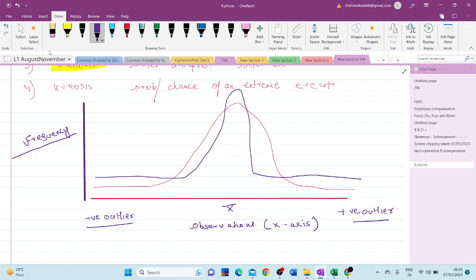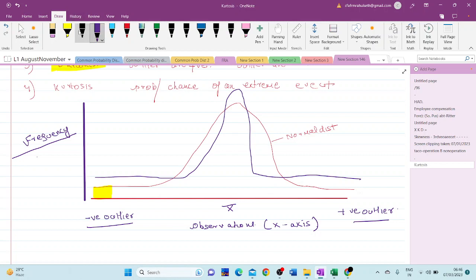Now, the frequency with which outliers will occur in a normal distribution is given by this particular area. Remember, your normal distribution is this, drawn in this red line. So the frequency with which outliers will occur in this normal distribution is given by this yellow area, and the frequency